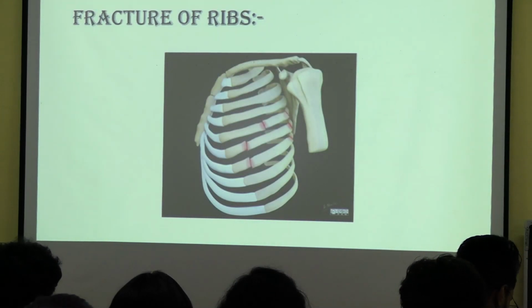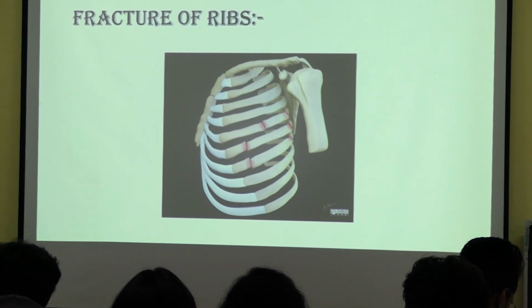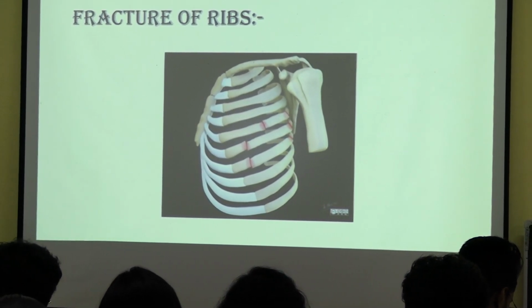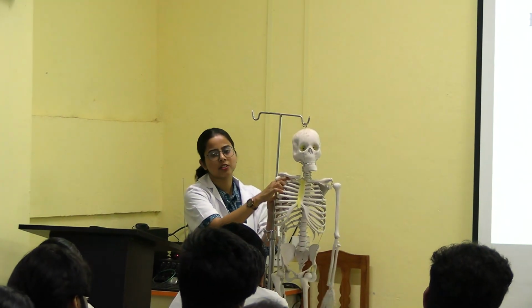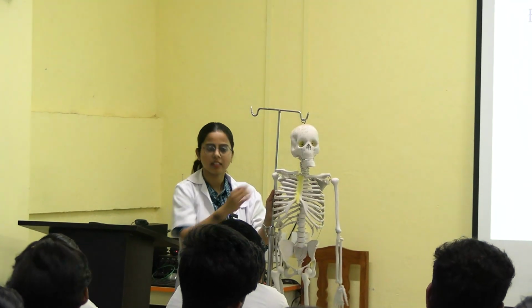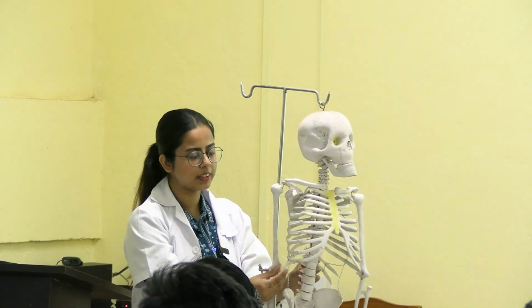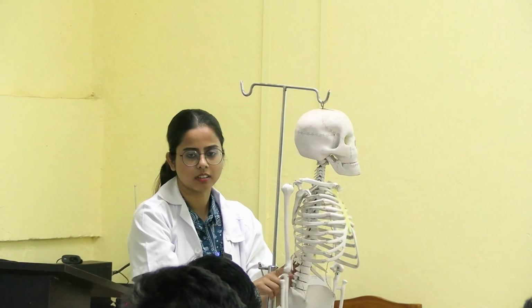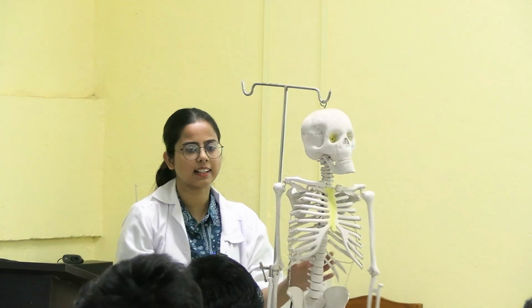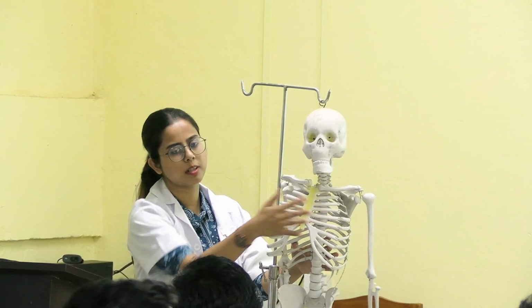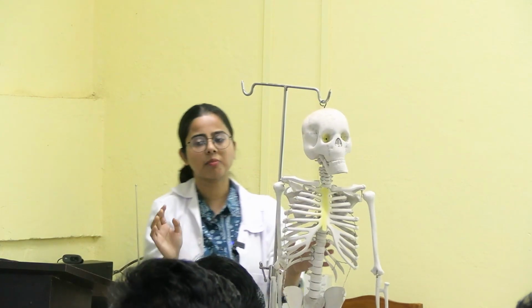So most common site of fracture of rib is the angle. Angle is present just lateral to the tubercle. You have seen in typical ribs. So can you tell me why this first rib is less likely to get injured? Clavicle. It is covered by the clavicle, so it is less likely to get injured. And I told that the 11th and 12th ribs do not have any angle, so these are also less likely to get injured. So basically the vertebrosternal ribs are mostly prone to injury. And the most common site of injury in case of rib is the angle of the rib.